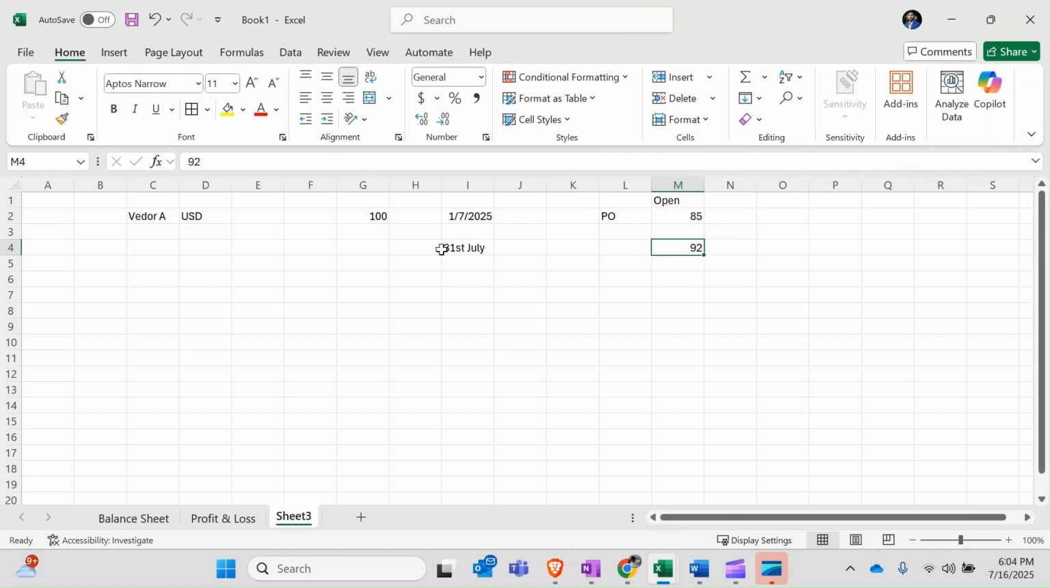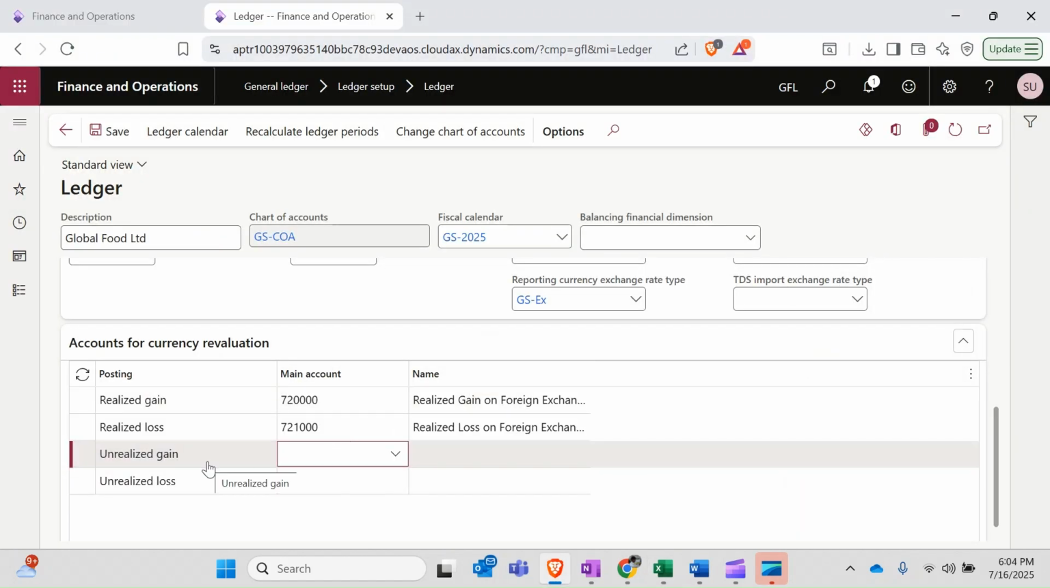When we close the book on 31st July, the system takes 92 into consideration and revises what you need to owe him, right? It revises the bill. Initially, it was 8,500, but when you close the book, it ends up becoming 9,200 because the exchange rate on the 31st July was 92. The system automatically revises these values based on the new exchange rate. So it now says you have to pay 9,200 because your exchange rate increased. Now the extra difference of 700 will be captured in the unrealized gain